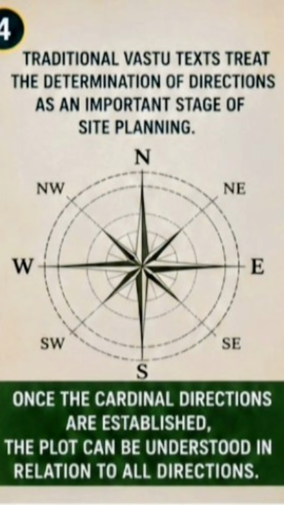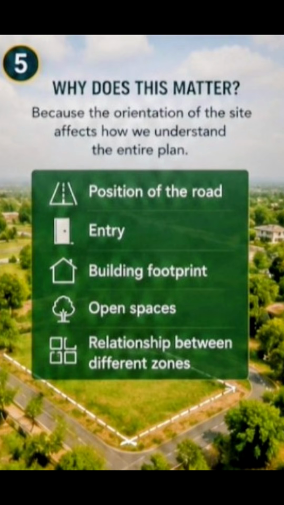Once the cardinal directions are established, the plot can be understood in relation to north, south, east, and west, and then the four intermediate directions. Why does this matter? Because the orientation of the site affects how we understand the entire plan. The position of the road, the entry, the building footprint, open spaces, and the relationship between different zones all need